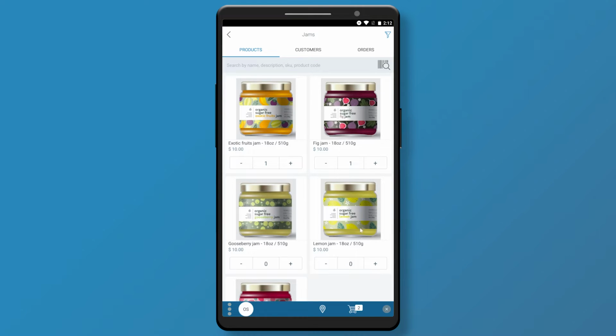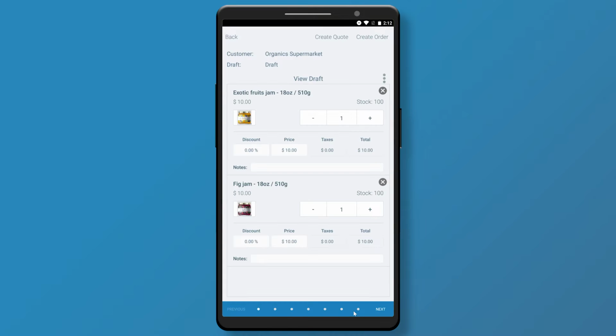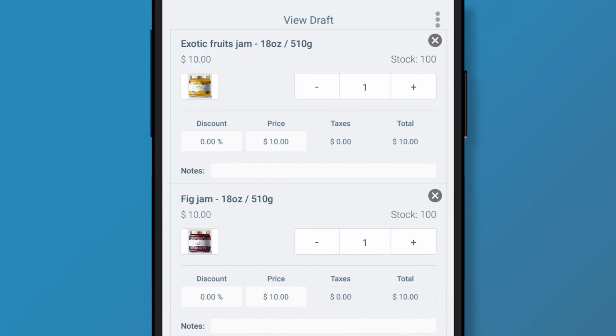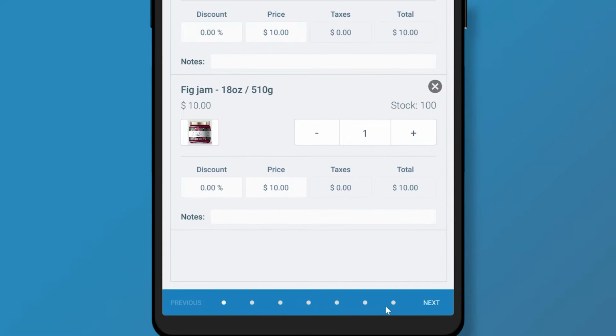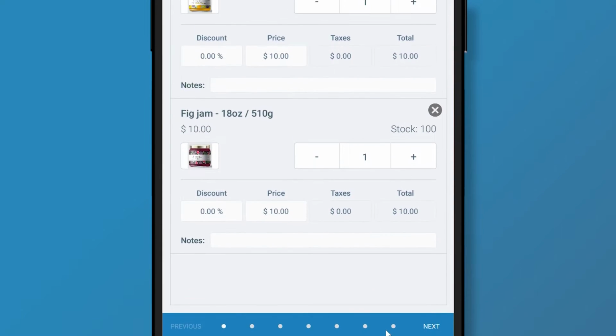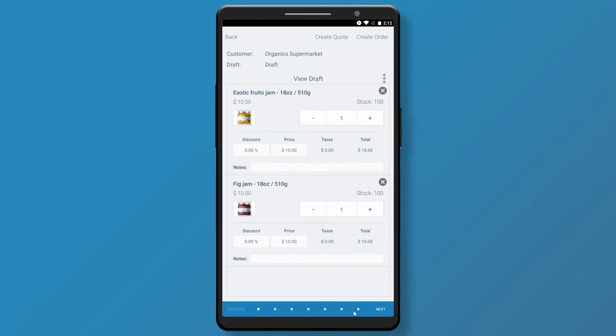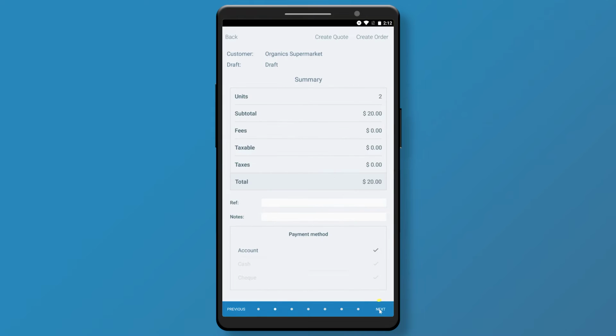Once they've added all the items needed, they can tap on the cart icon in the bottom right. Here, you'll see a draft order. When it comes to creating the order, they have options. If they're in a hurry and want to keep it quick, sales reps can simply tap on Create Order to finalize the order. Or, if they want to add more details for the order, they will tap Next at the